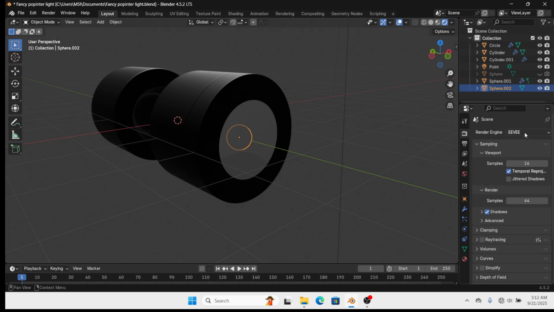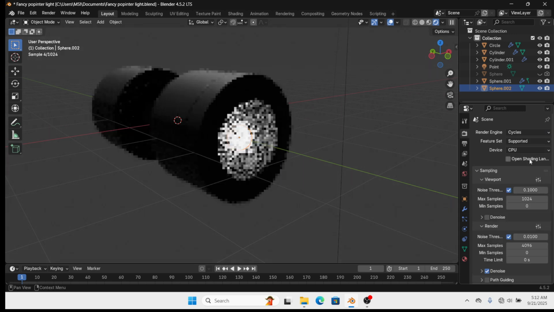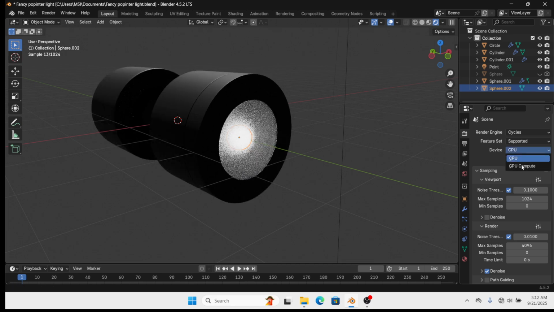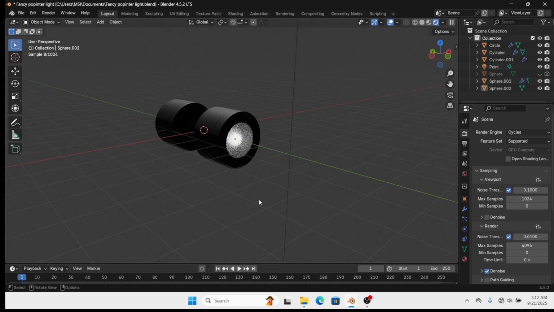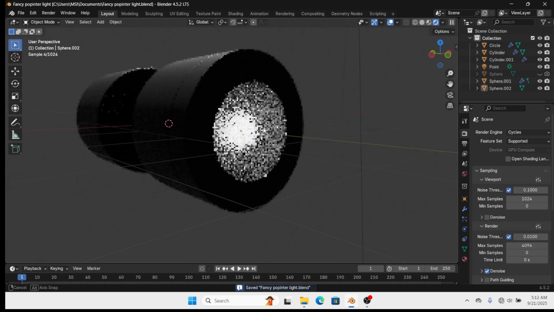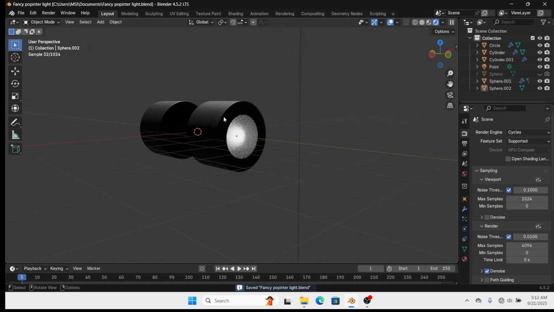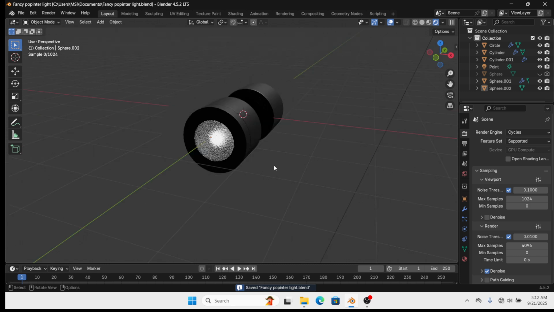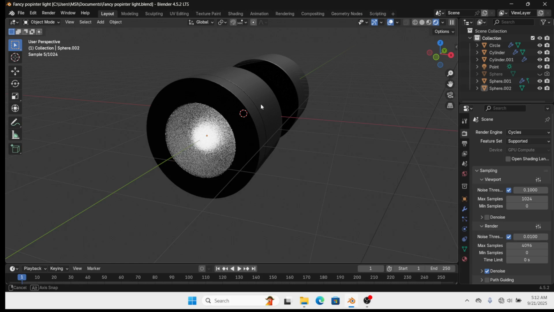So we are going to switch from EEVEE to Cycles, and then we switch from CPU to GPU, and we have something. It's not like the way it was, a typical pointer light like I saw today, but we are close. Not bad, you're close. We have something really. So this is exactly what I mean by a pointer light, and that is it for